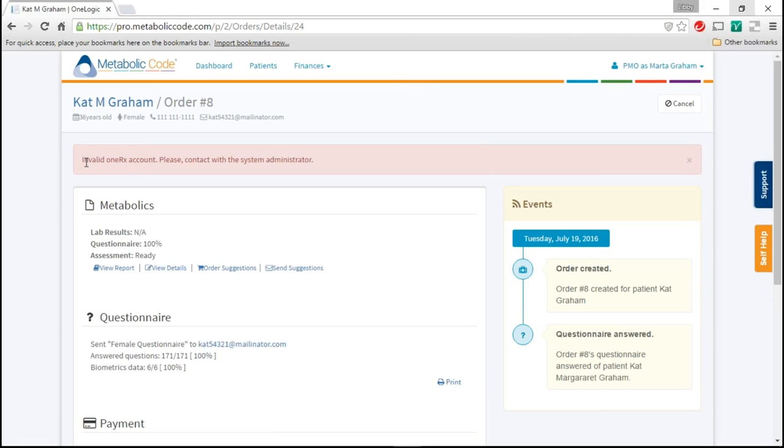And actually you're seeing an error message because on this demo account we still do not have it hooked up. But when you onboard, everything will be hooked up and ready to go. So you will be all set and in sync with Nutralogics, as well as Quest and Physicians Lab. If you will be ordering labs, all of that will be pre-done and set up for you, which is again